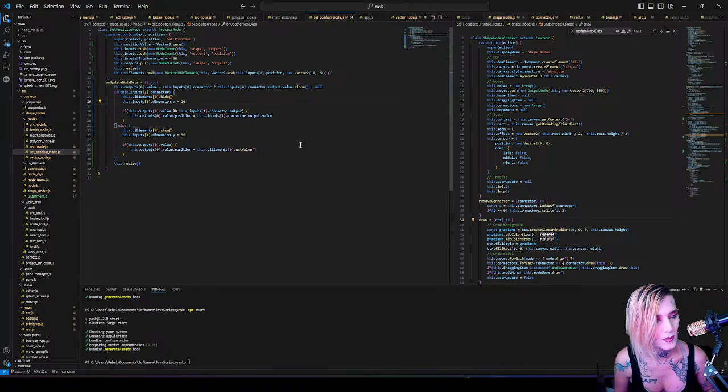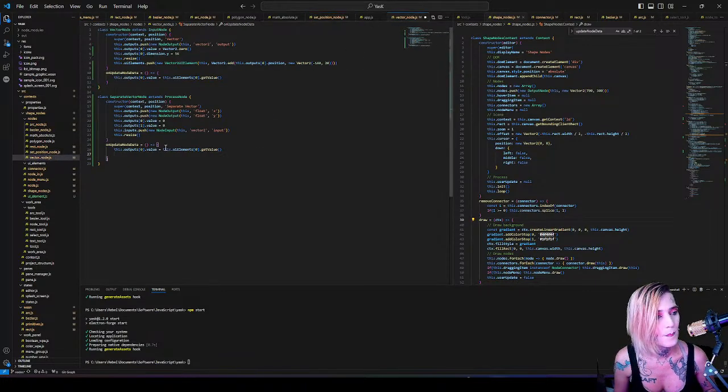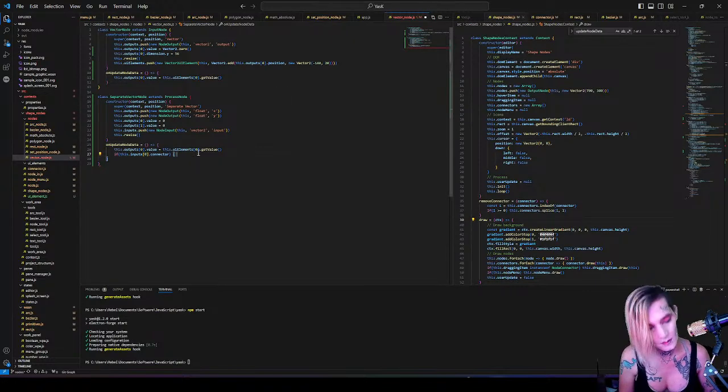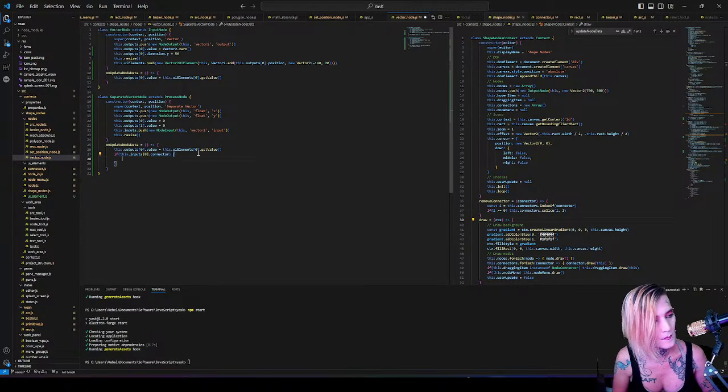I think that's how I want to do. Yeah, that makes sense. So if the input is connected, then the output value